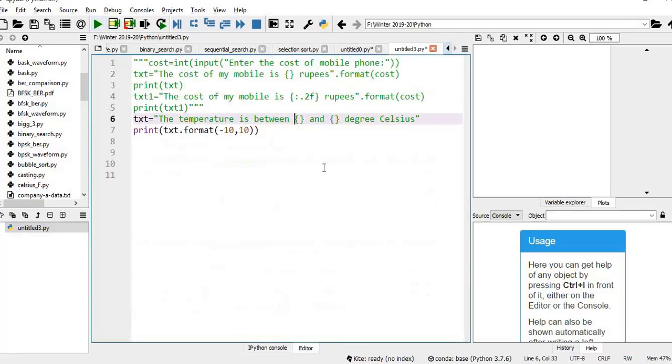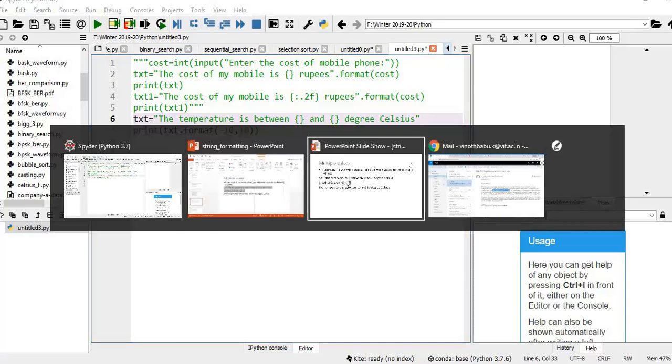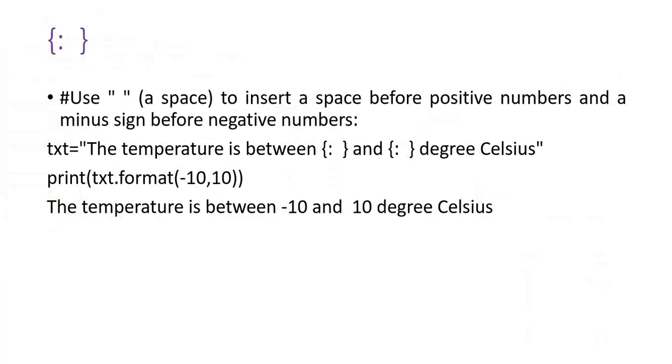Suppose you want plus or minus signs, all those things you can also control. If you put a colon within the placeholder, and some space, then with that space it will be displayed, so that you can add plus to the positive number or minus to the negative number.